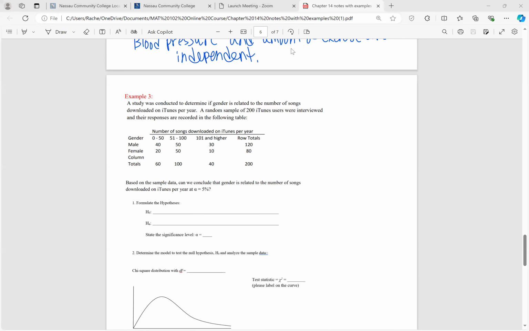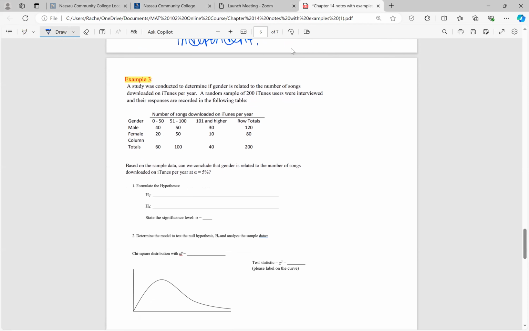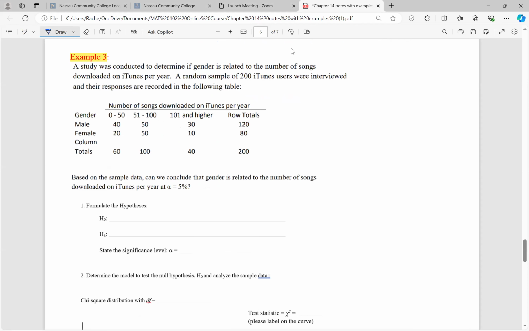Okay, so we're up to example 3. We're going to do another chi-square test for independence. This one says the study was conducted to determine if gender is related to the number of songs downloaded on iTunes per year. A random sample of 200 iTunes users were interviewed and their responses are recorded in the following table. So we were given a contingency table with the results